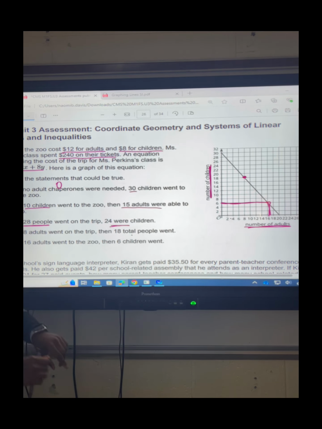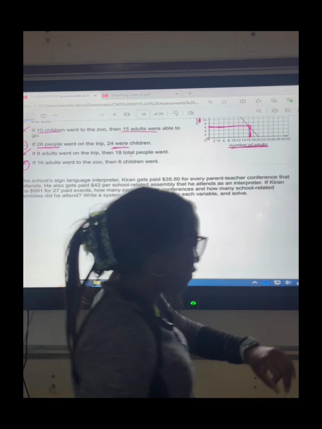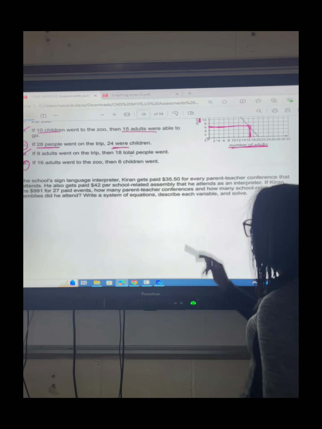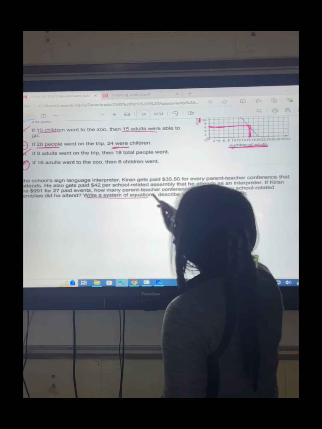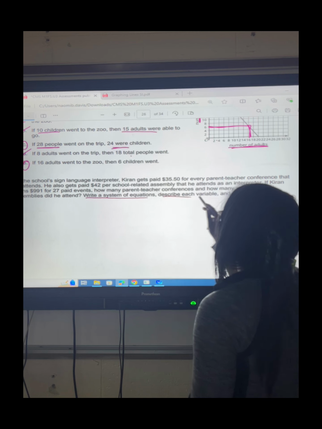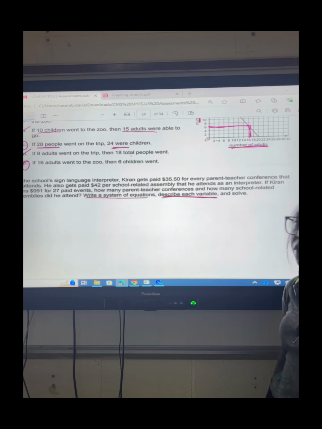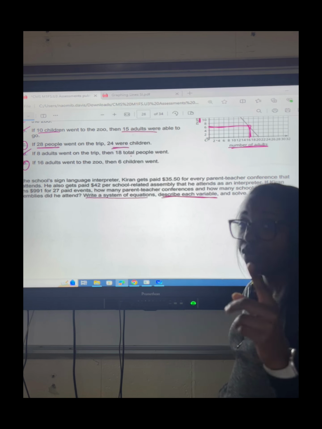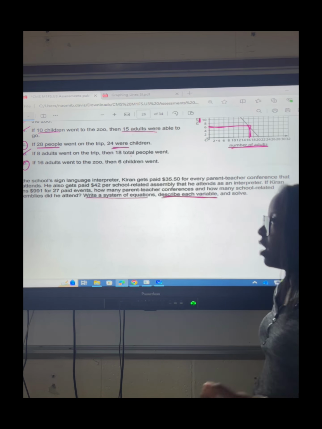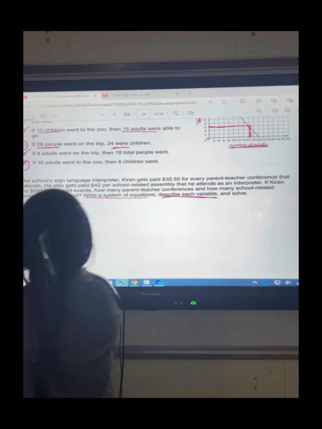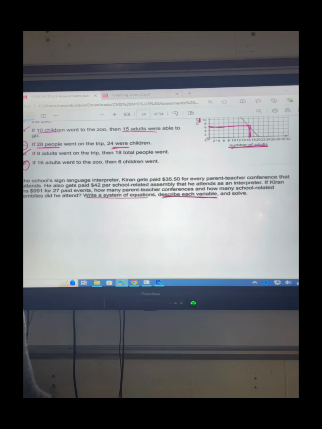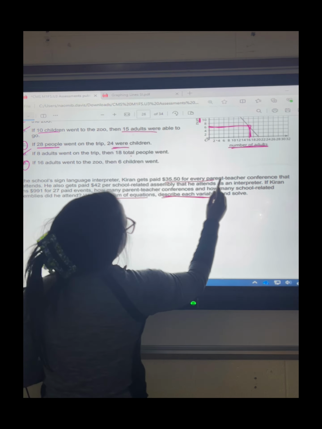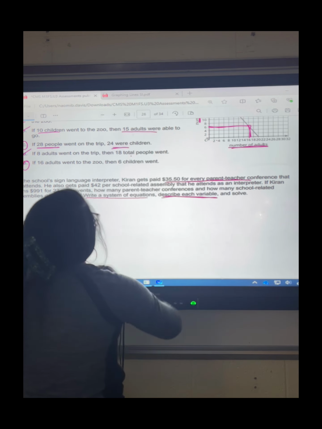Okay, ACE. This is very important. If on the test it tells you to write the systems of equations and describe each variable, bro, you have to describe the variable. I have to take points off if you don't describe the variable. You gotta describe. So as the school sign language interpreter, Karan gets paid $35.50 for every parent-teacher conference that he